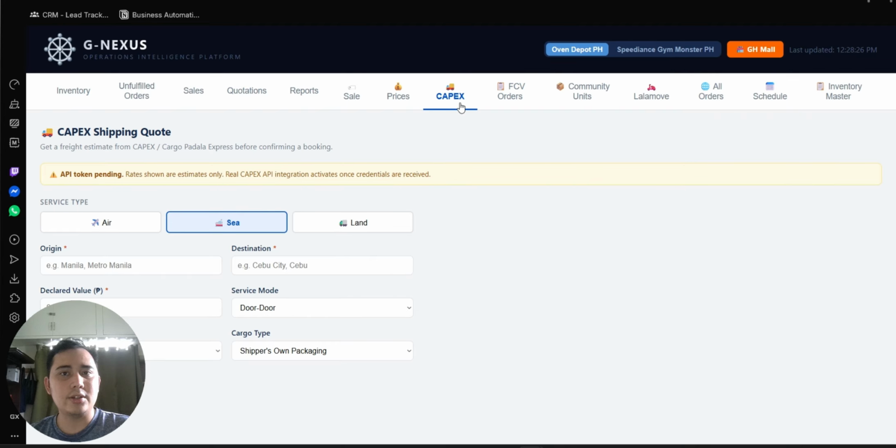Next, this tab is a pending feature. What it's for is booking an order directly to a local logistics partner.